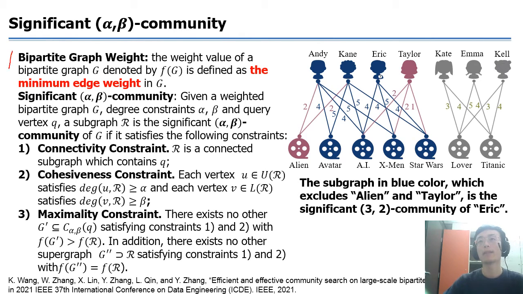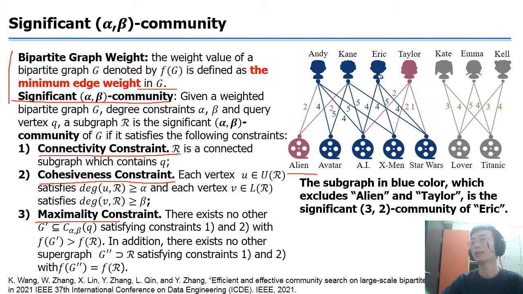So we define the bipartite graph weight as the minimum edge weight in a graph G. And the significant alpha-beta community model requires connectivity, cohesiveness, and also maximality, which means it has the maximal weight among all the alpha-beta cores. For example, in the right example, we can see the subgraph in blue color is the significant 3-2 community, which